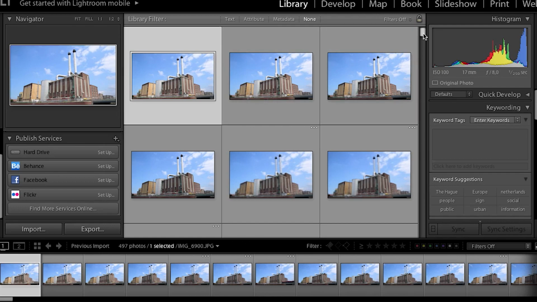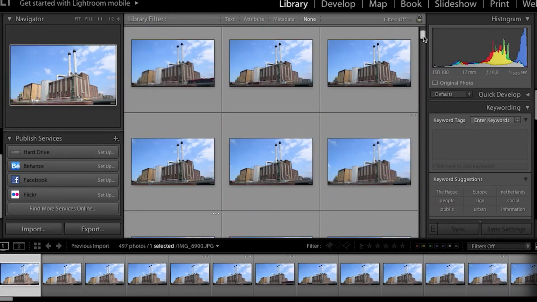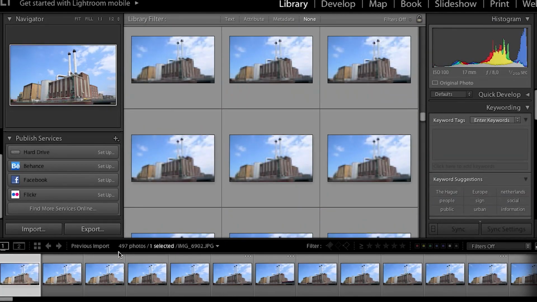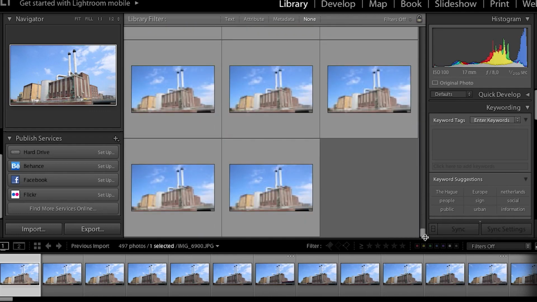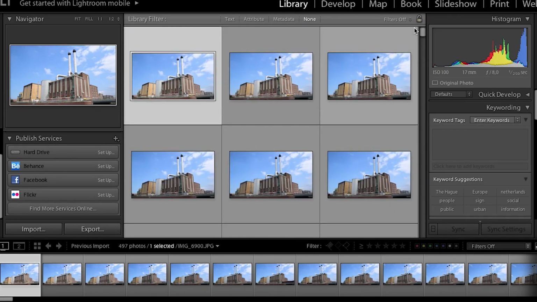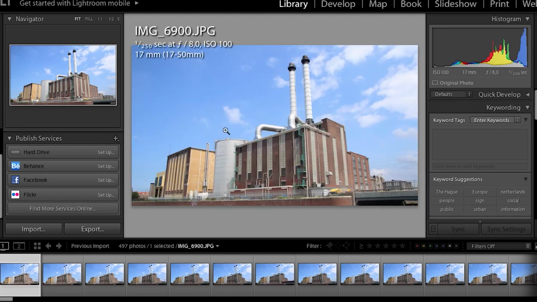And here we are, I think it's about 497 photos down here. It says 497 individual photos of the power station. What we need to do is, I want to just go into the first file and see if I can enhance it. But first of all, what I didn't explain when I was out in the field doing the time lapse was that it's always good to put your camera in